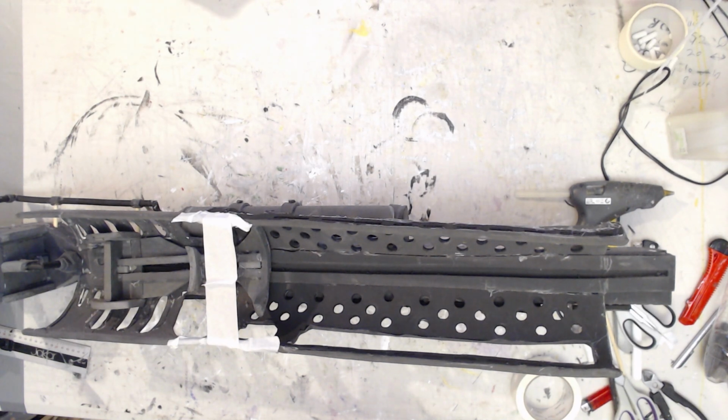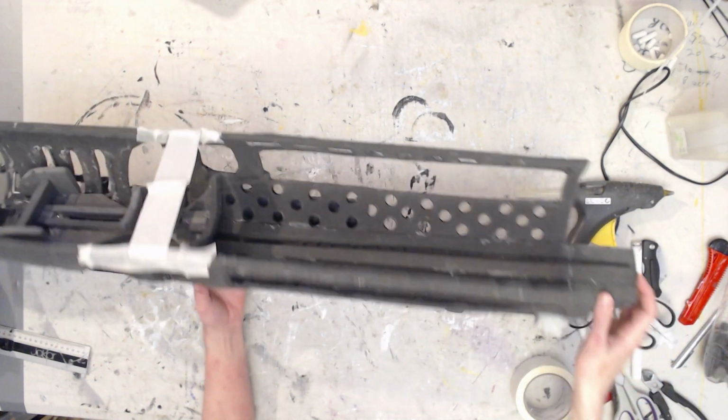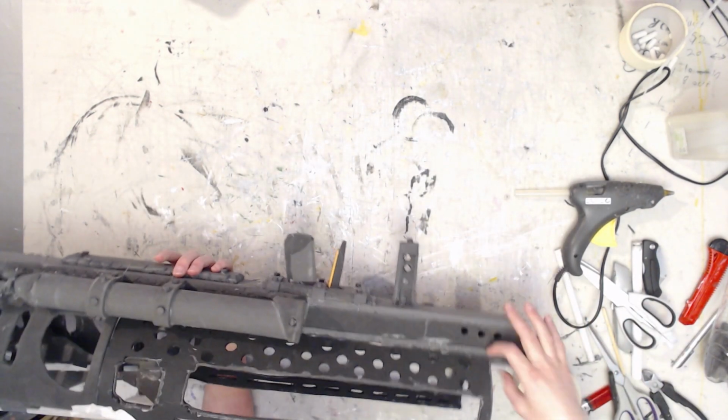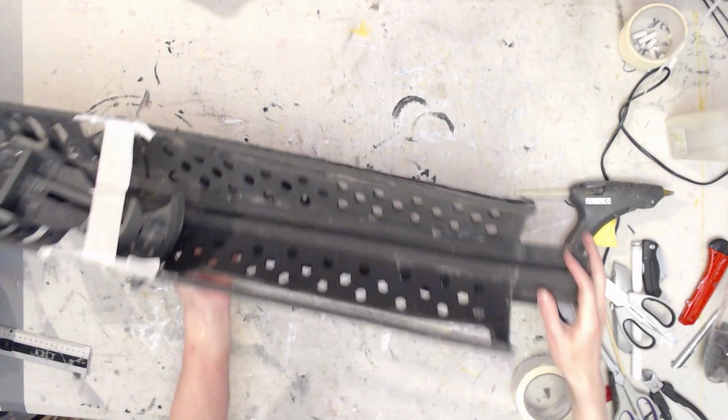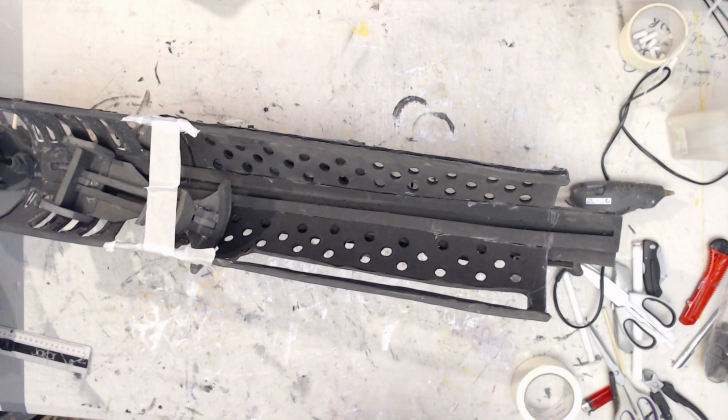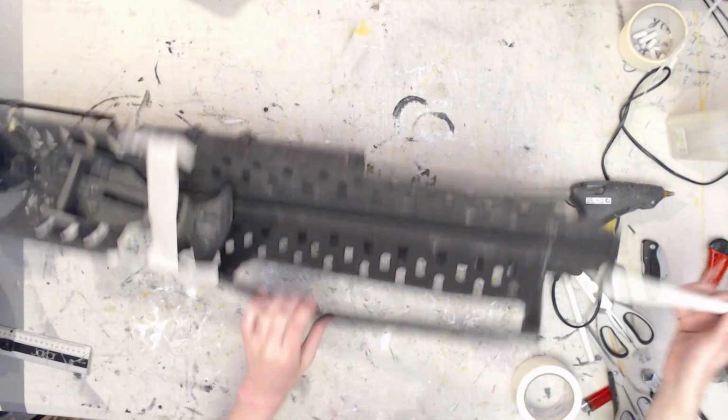This side, I swear those are hinges. So there's little hinges down here, which I'm going to have to put in, so it's like a hinge by here. So if I can find enough of the round stuff, I will put that in. If not, I will attempt to make some square stuff look round. Nothing I haven't done before. It's fine. Actually, no. If I cut a bunch of